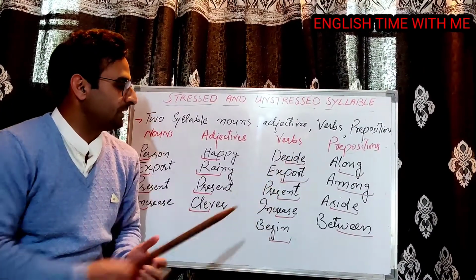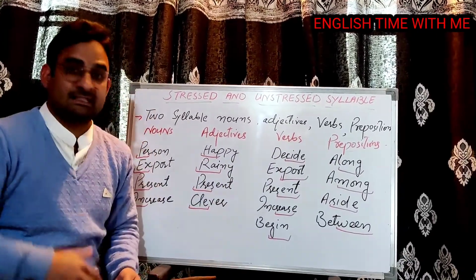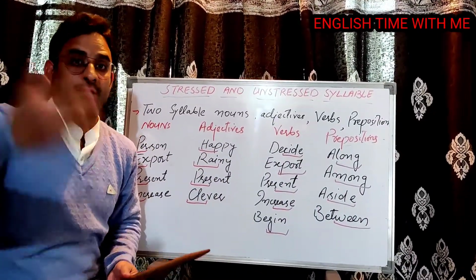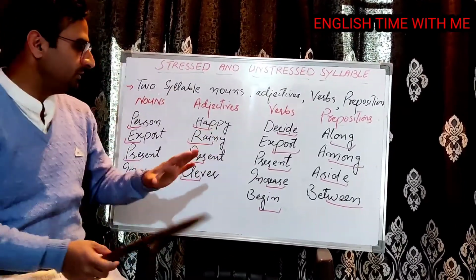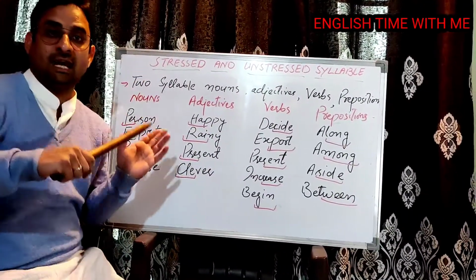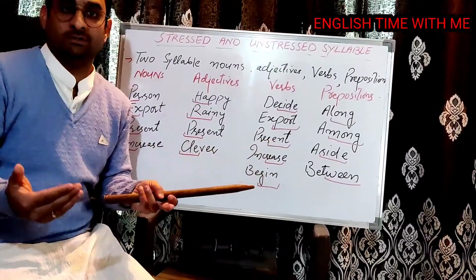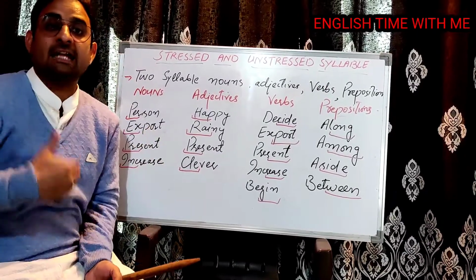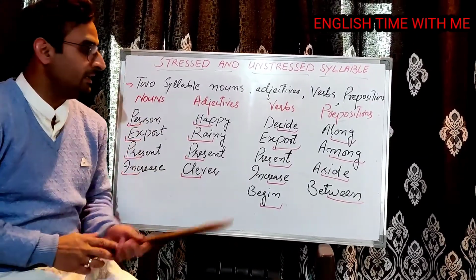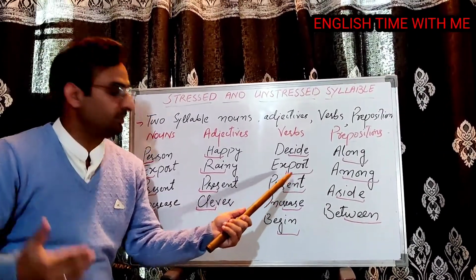This very syllable will be stressed. Decide. Okay, 'side' has to be louder, longer. Export. Now, you can differentiate here between export as a noun and export as a verb. When you use it as a noun, you have to pronounce it as EXport, first syllable stress. When as a verb, exPORT,